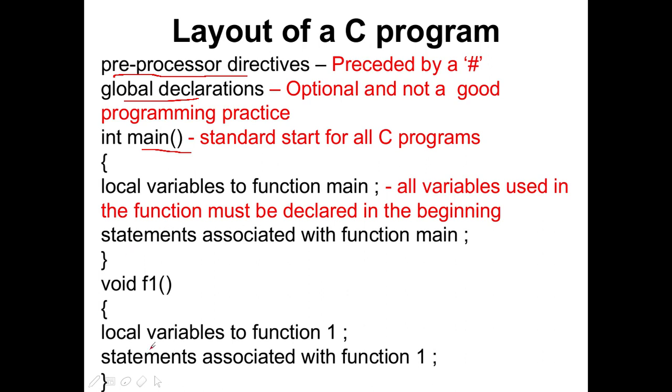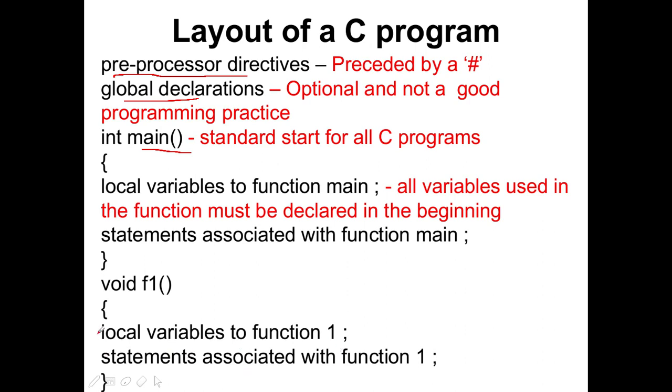And then you can have functions also. When you have more than one function, main is the minimal function expected for a C program, but you can have many functions depending on your necessity. I have given an example here. The function name is f1 and it doesn't take any parameters, so we have put empty parentheses, and the return type of the function is void. Within the curly braces you can declare whatever variables you want within function f1.